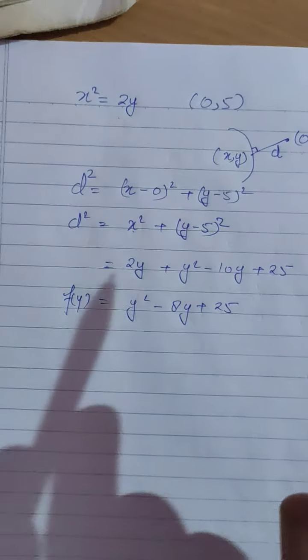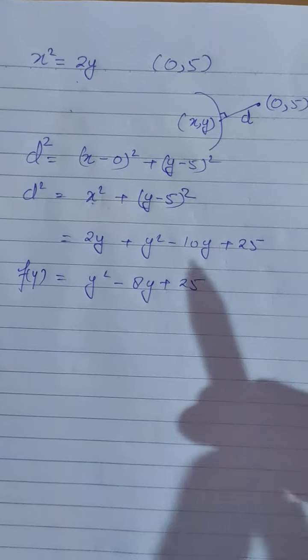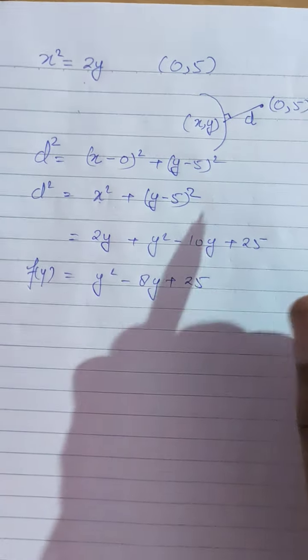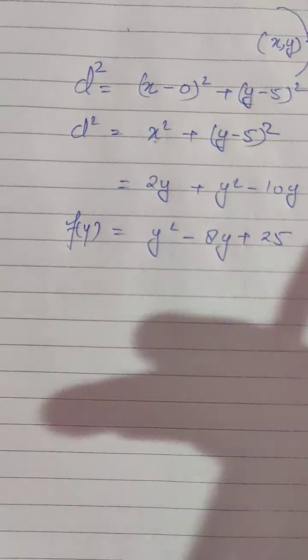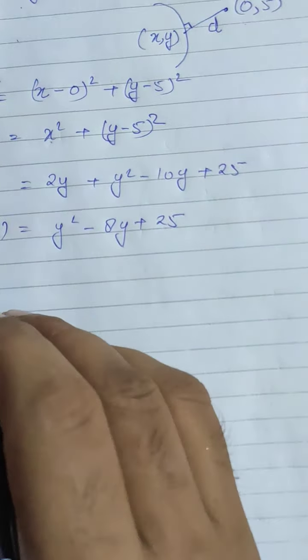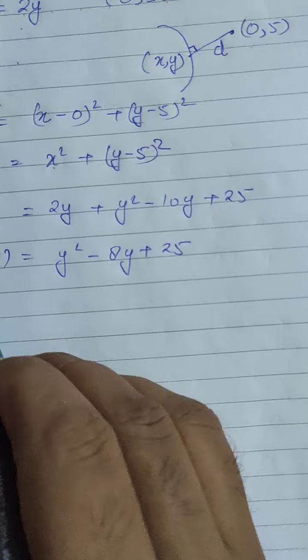But first of all, try to think once more. This was the curve. We need to find the shortest distance from this point to this curve. So that point we are going to calculate. Such questions are coming in different ways and it's important also. So let us think first, then I'll explain you what type of questions are asked based on this.